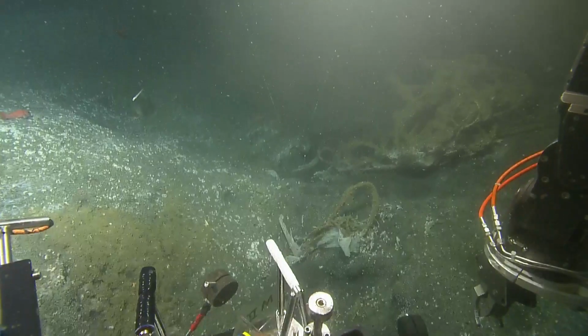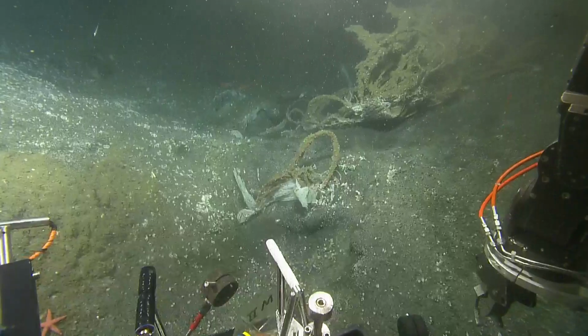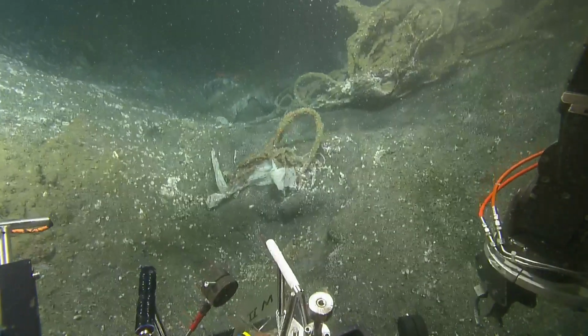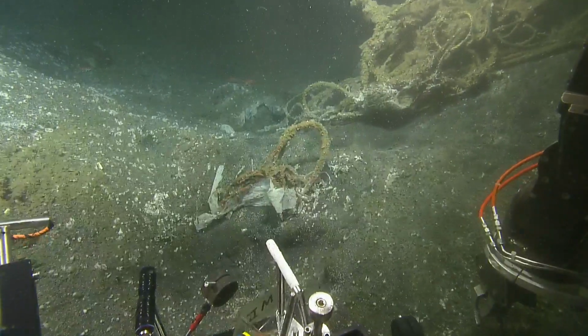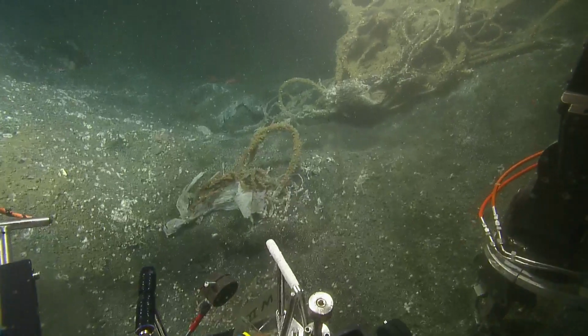Yes, yeah. And would that also indicate whether or not it is thermogenic or biogenic? No, that's a whole different thing. There we would look at the carbon isotope composition. But with that we can't fingerprint if it was